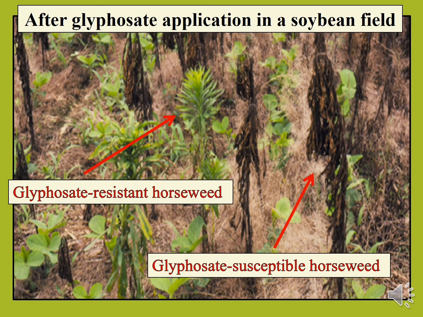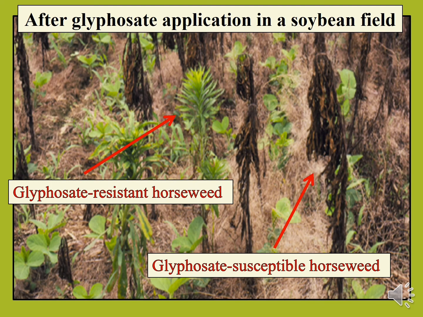Here's a picture of a soybean field after a glyphosate application. The weed here is horseweed. You can see here that a lot of the horseweed has died off, these brown desiccated individual horseweed plants, but you can see that there are also quite a few horseweed plants that have escaped this glyphosate exposure